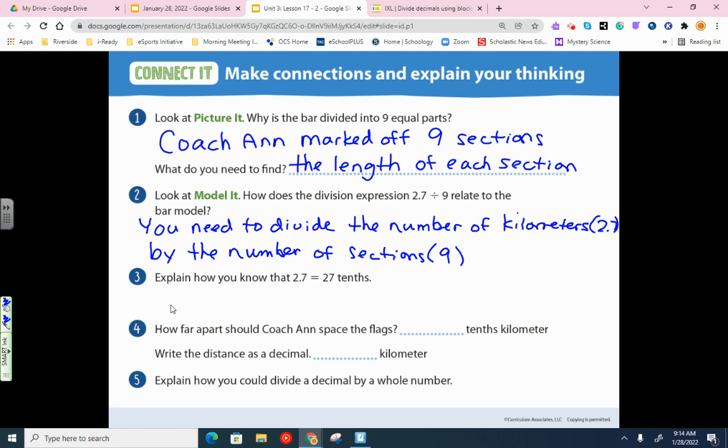Yep. Explain how you know that 2 7/10 equals 27/10, because I know 2 1s